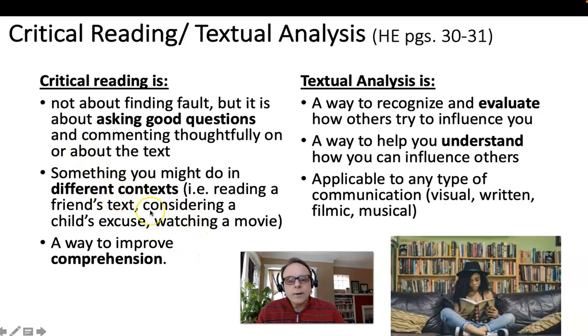Let's say you have a niece or nephew, or even if you have kids, and you've all heard these excuses before when something gets broken, something happens, and they're saying, "Oh, I didn't have anything to do with that." And if you're critical in the good way, you think about their excuse and think, does that really hold water? Does that make sense? You're watching a movie and you might be asking yourself, is this plot really believable?